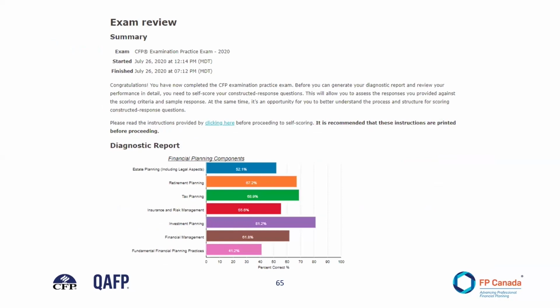When you've completed the practice exam and the self-scoring, a diagnostic feedback report will be provided, which shows your performance in the various financial planning functions and areas based on the blueprint. The report can help you determine areas where more study and preparation may be required. It can also be accessed for review multiple times up until exam day. You'll get the answer to all questions on the practice exam and the rationales explaining the correct and incorrect answers.